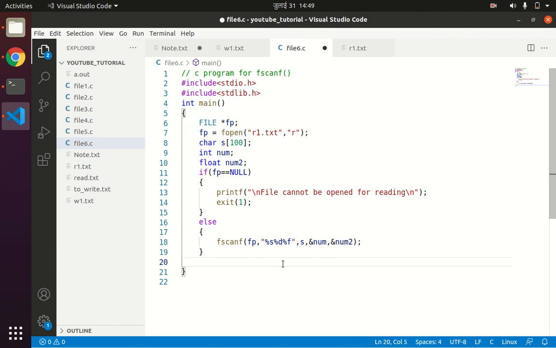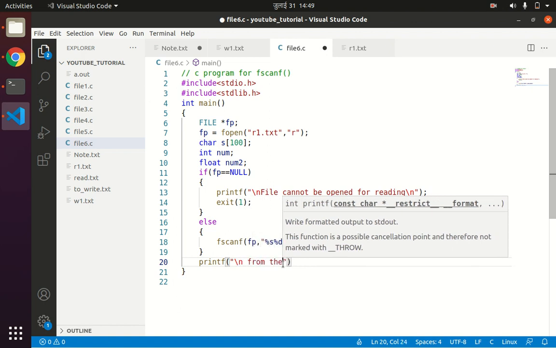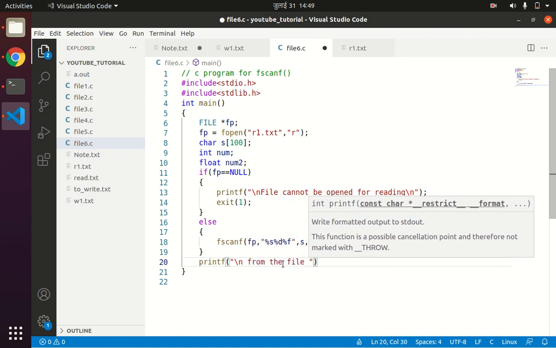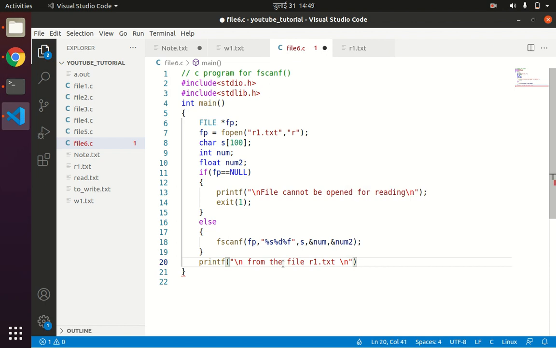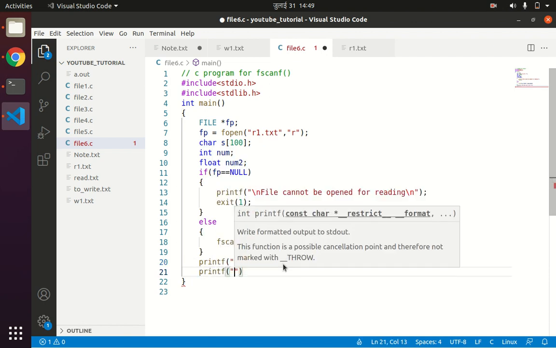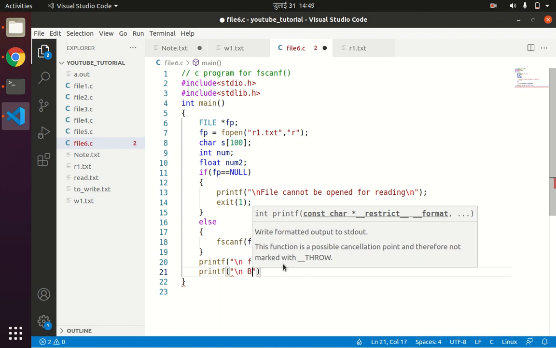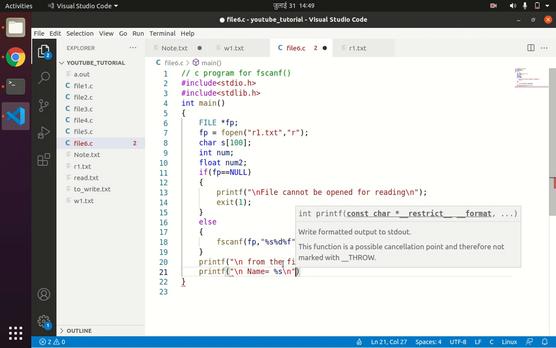So printf "\n file r1.txt". We can write printf "\n name equals to %s\n", and we can write s.